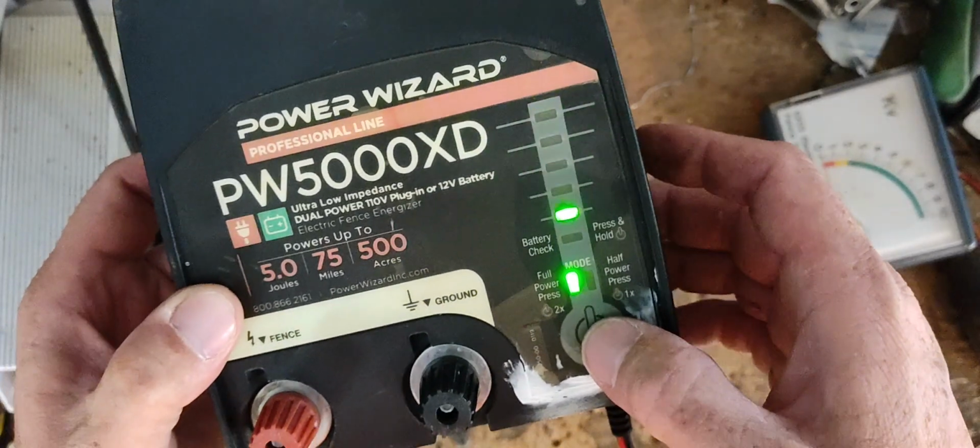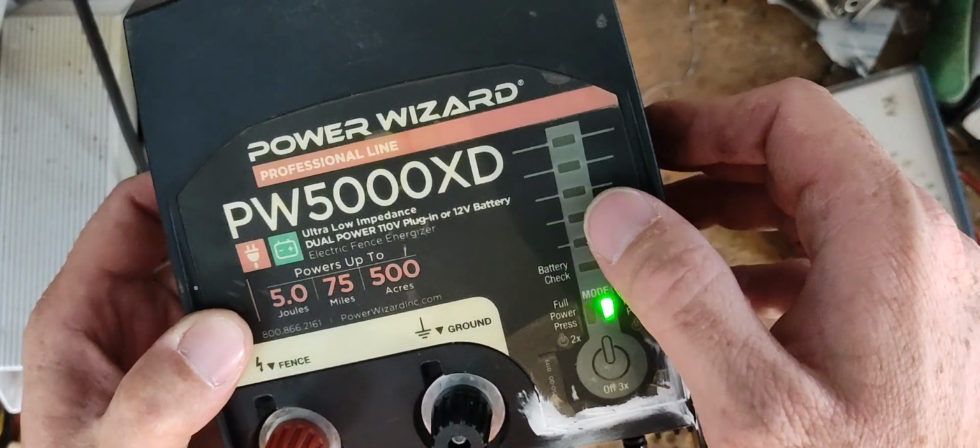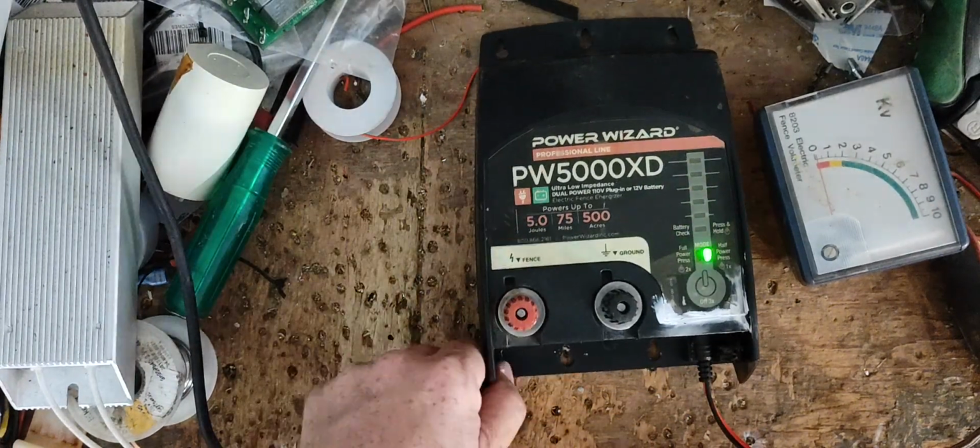Got full power and half power. So you push the button again, it cycles to half power. See, it's not going all the way up, just a little bit, half power. So the reason why you might want to put it on half power is because if your animals are used to the fence,